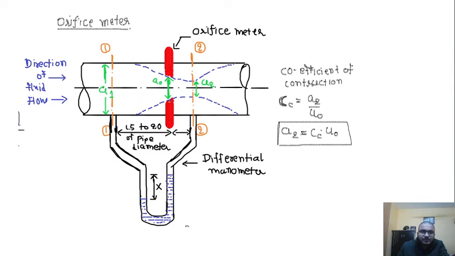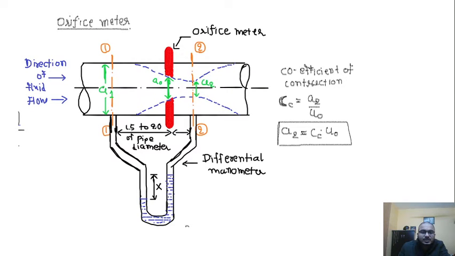You can see the same with this red color, and here because of this obstruction we are providing, the fluid flow changes. So this is the way the fluid flow is present. So the cross sectional area for fluid flow keeps on reducing. It reduces further beyond this orifice meter, it reaches the minimum area value, and then it expands.